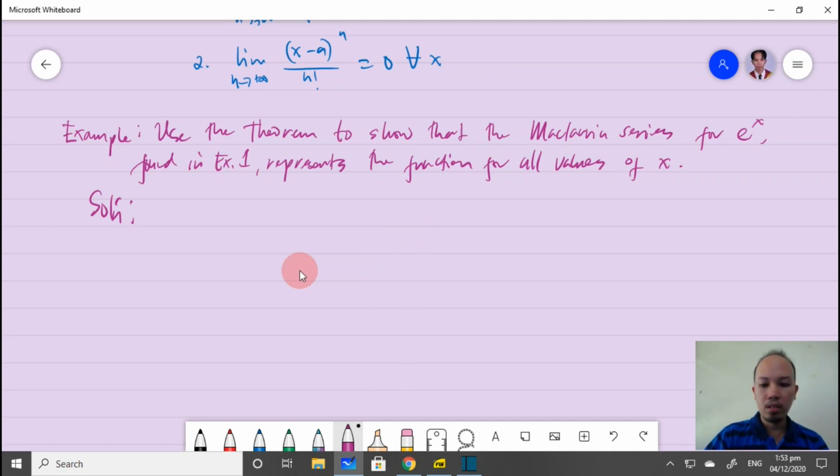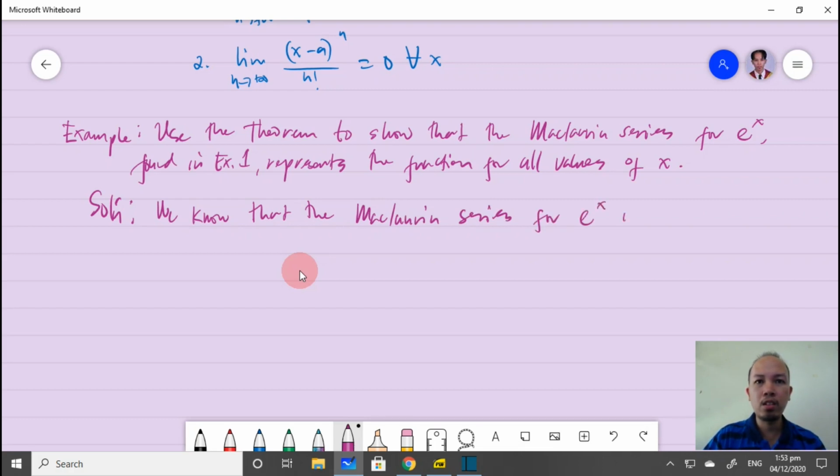We know that the Maclaurin series for e to the x is